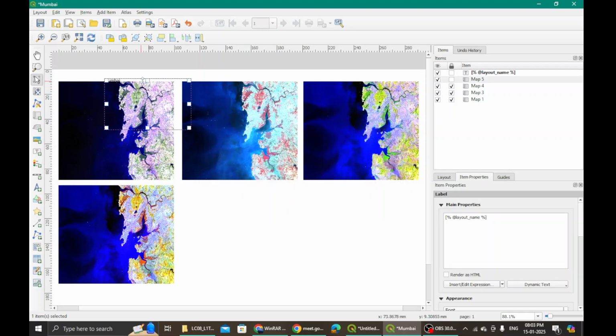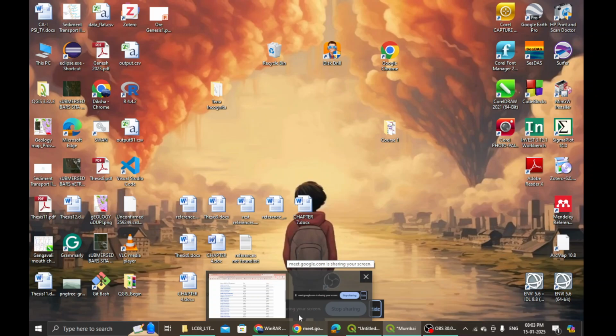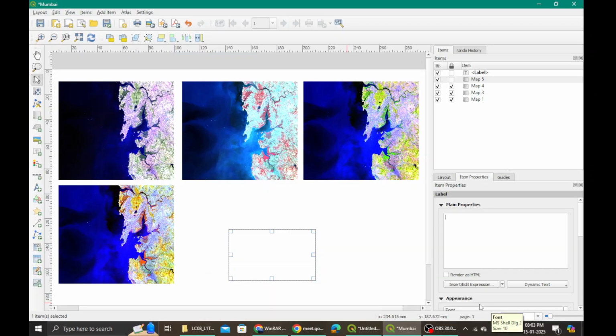It's just not ready to edit. Okay, let me try editing here. What is the first map that I chose? The first combination is false color composite, which is 765. Let me name it false color composite. What is the band composition? It is band 7, then band 6 and band 4. This is the band composition, right?